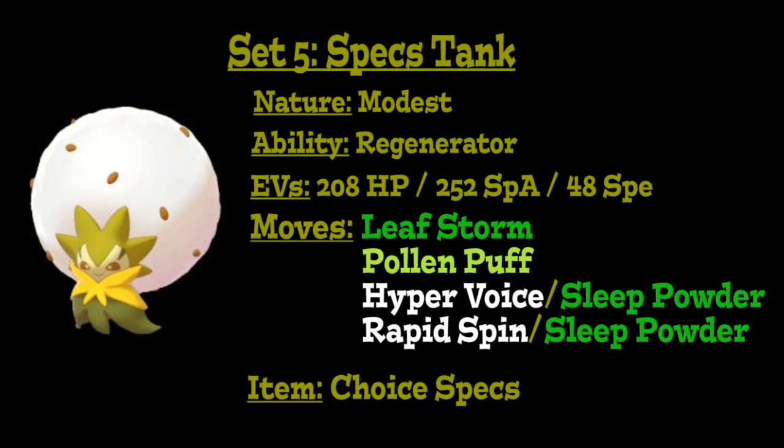Moving on to some more offensive sets for Eldegoss, the first one that I'm going to be showing you is a Specs tank set that allows this Pokemon to be incredibly bulky and incredibly powerful at the same time. So we're going to start this one off by giving it a Modest nature to boost its special attack but lower its physical attack, and then going with the Regenerator ability this time as it is absolutely perfect for a